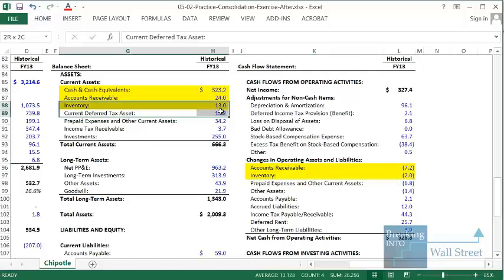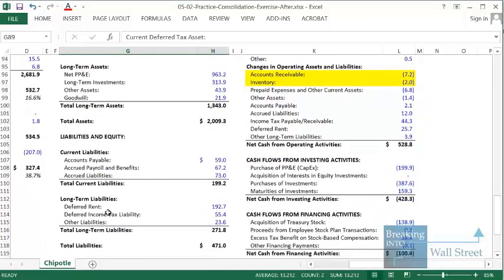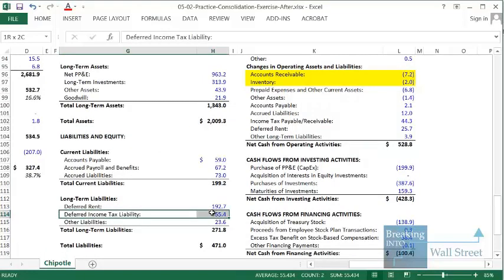Current deferred tax asset. So now we run into our first problem on the statements. Here's the issue with the current deferred tax asset. You might look at the cash flow statement and think, okay, well, it's easy. It matches up to the deferred income tax provision or benefit. We learned this before. We learned how you can model it as either an increase to a deferred tax liability or a decrease to a deferred tax asset. The problem, though, is that we also have a deferred income tax liability, and we cannot